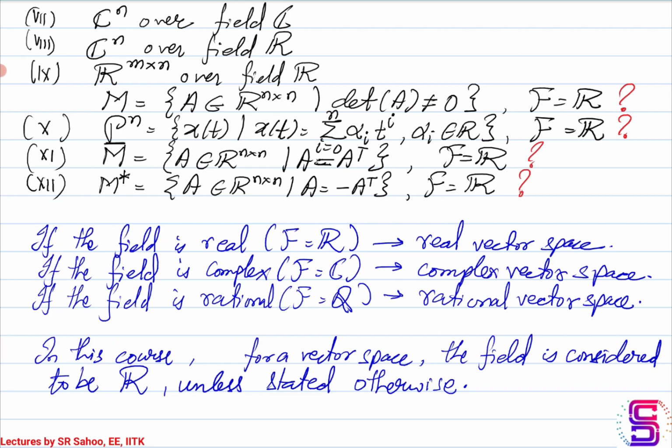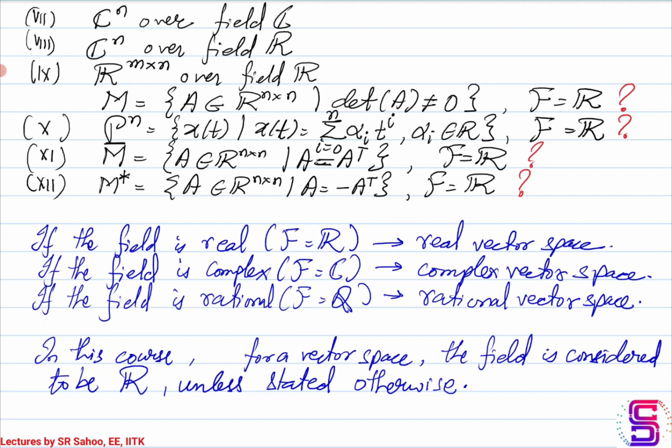The next set is the set of real polynomials whose degree is n. When I say real polynomials, it means the coefficients are all real, and the corresponding field is R. Here the vector addition is nothing but the polynomial addition that you perform, and the scalar multiplication is basically taking a scalar and scaling up all the coefficients of the polynomial. So under these two operations, will all the vector space properties be satisfied or not? I think they will be satisfied. So this might very well be a vector space.